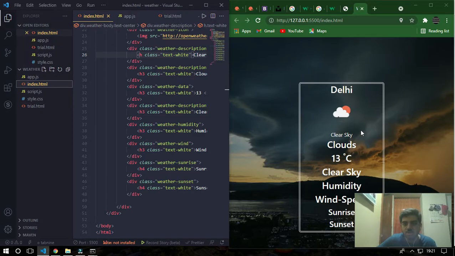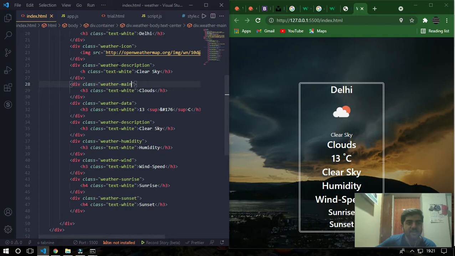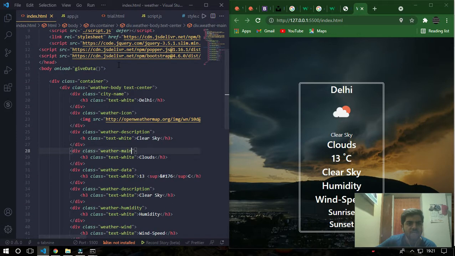Okay, so you can just see that. Yes. Now this is not weather description, this is weather main. Okay, yes, that's good. Now what I'm going to do is, I can drag everything, or I can do .innerHTML.